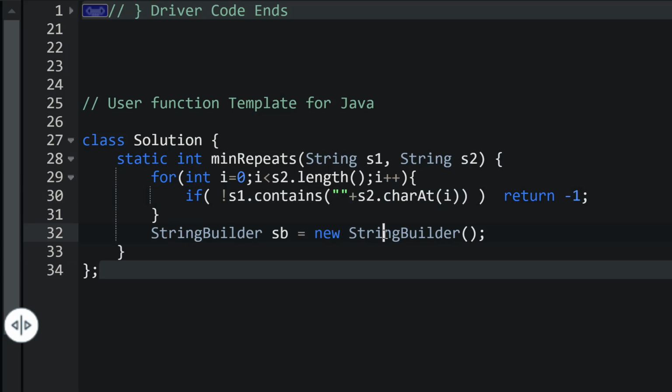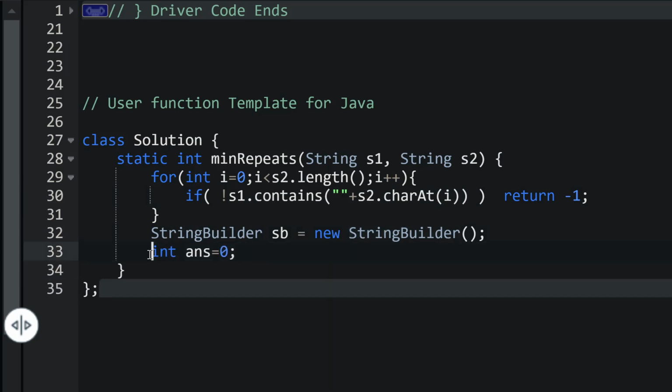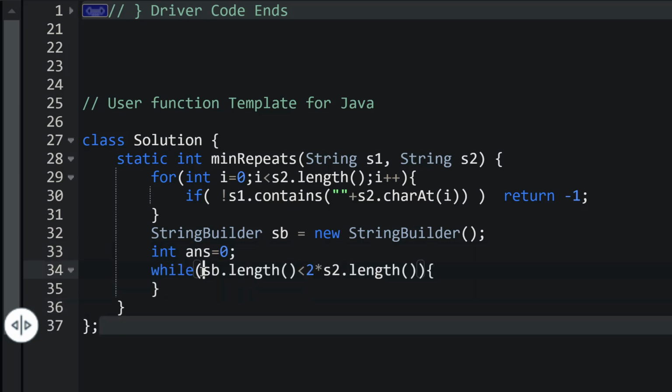Then we have a string builder. Initially it is empty and initially our answer is also 0. Next we have this condition: sb length has to be less than 2 cross s2 length.